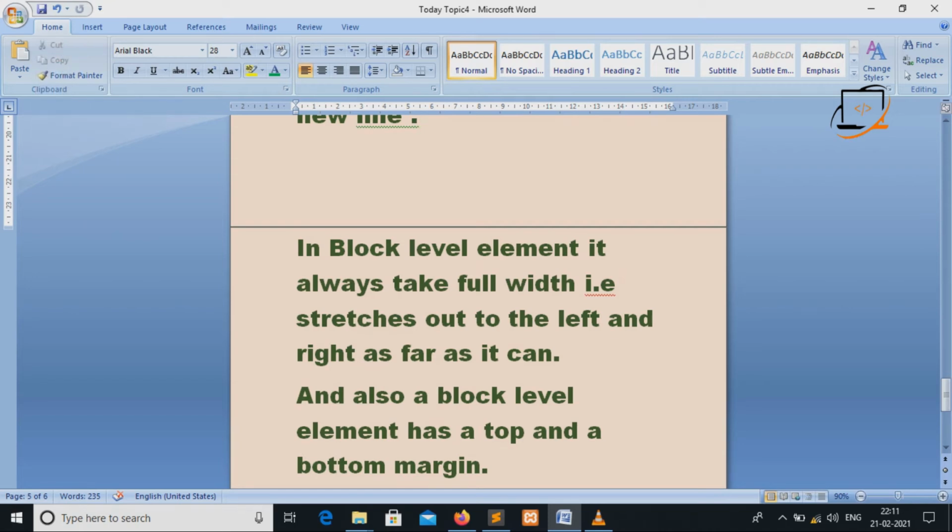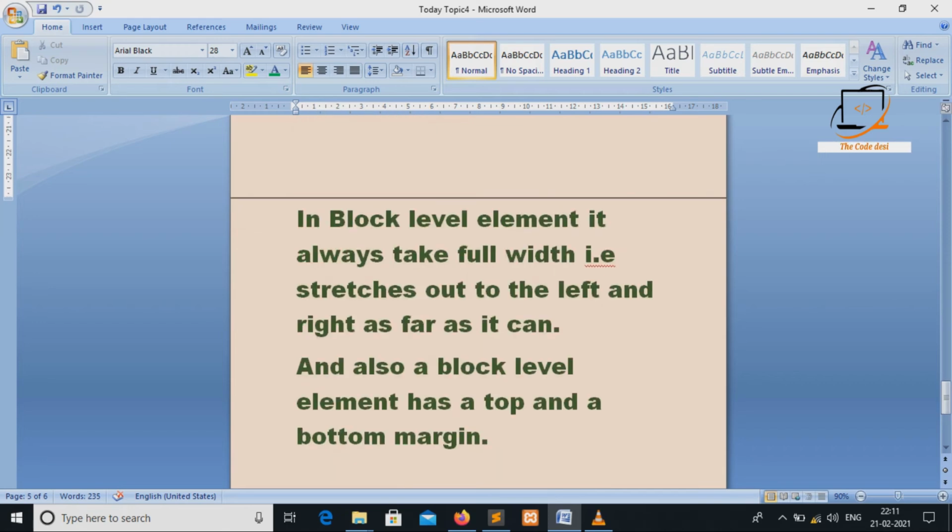So it displays on the full size of the window. Also, a block level element has top and bottom margin, so that there is spacing between the blocks.